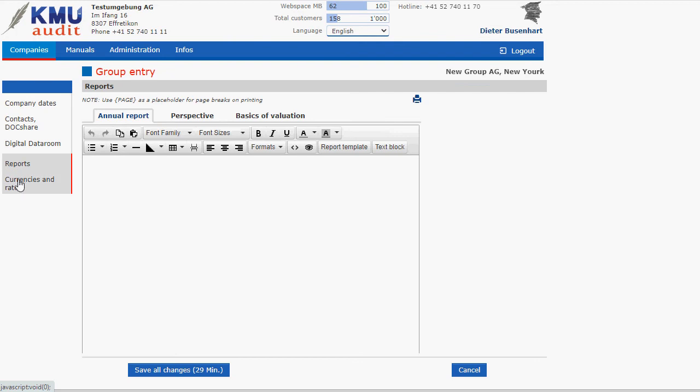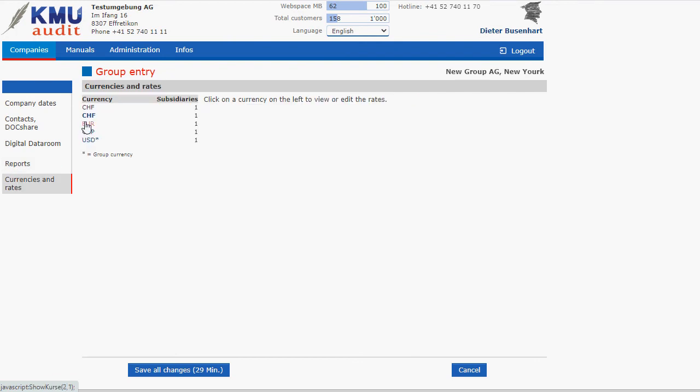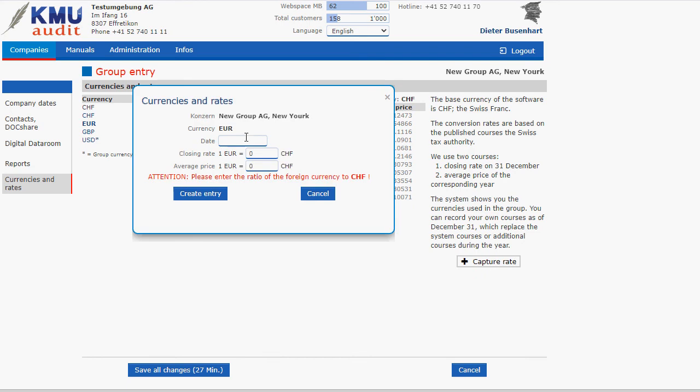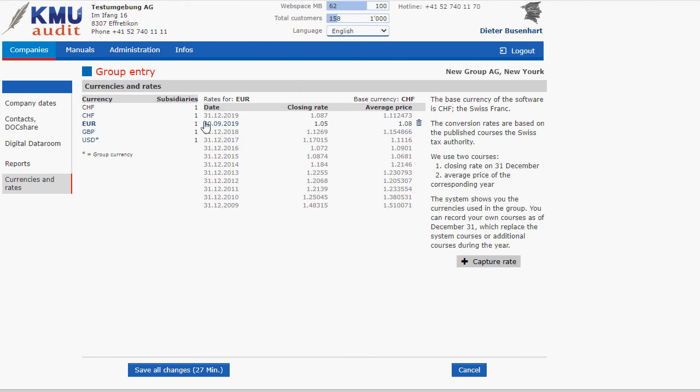We can make reports. And here we see the currencies in the group. Our group currency is the US dollar, you see here. And we have also British pound, euro, and Swiss francs. We can click on a currency and then we see our balance rate and income statement rate, average price. The base currency of the software is the Swiss franc. You can capture rates like euro and create an entry. Now you see here you have an intermediate rate September